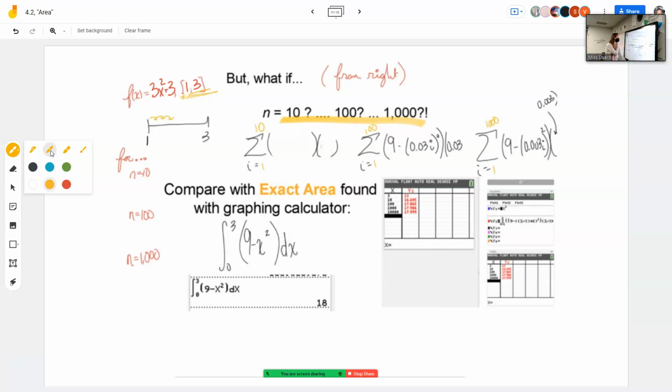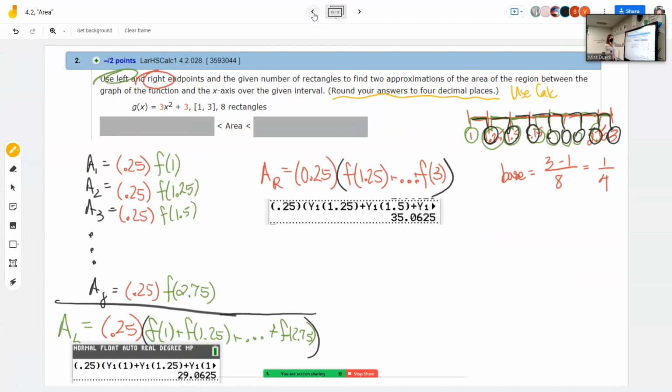How sigma works is it says, you know what, just give me, I don't want that one. Give me i equals 1 to n of f of, so we have to use our function f of x, and that's why I'm going to have to go erase all these because that was the old f of x. We have to use that function, f of x. But we're going to do f of a plus,